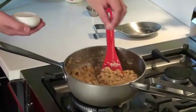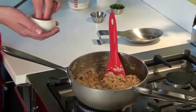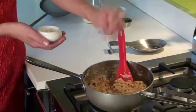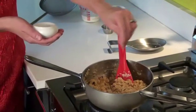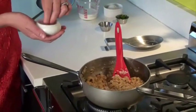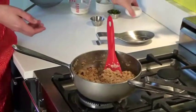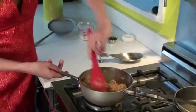I'll add a little bit of salt, and this particular salt is salt that I collect from the waters of the Pacific Ocean, about 3 hours outside of Seattle, and I distill the water down. My husband and my baby and I go out a few times a year and get 25 or 30 gallons of salt water. We distill it down and make some of the best salt you've ever tasted. So I'll add that in,